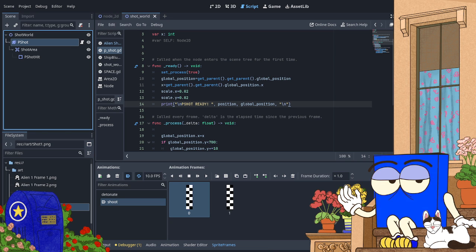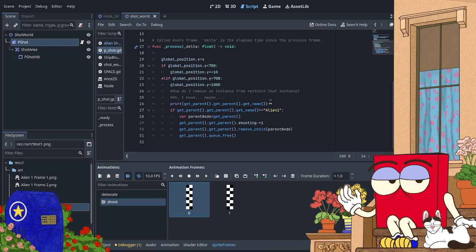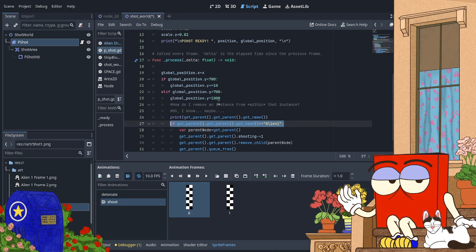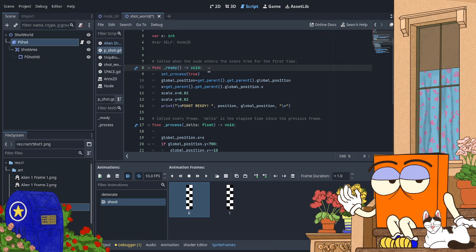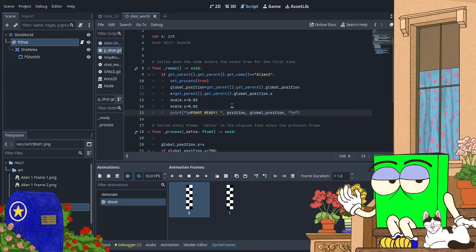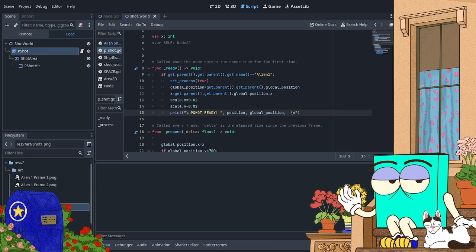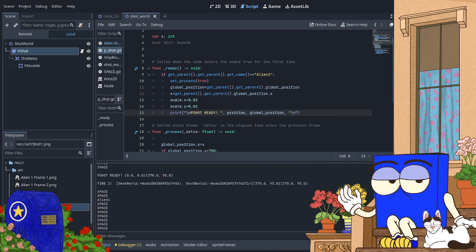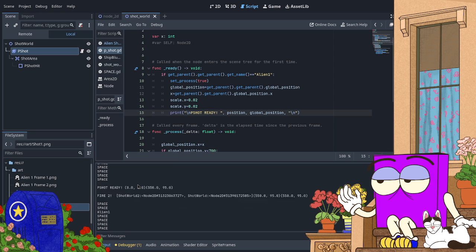Scale is, well, whatever. And I did that thing without commenting so it wouldn't fire a shot immediately when the thing runs.